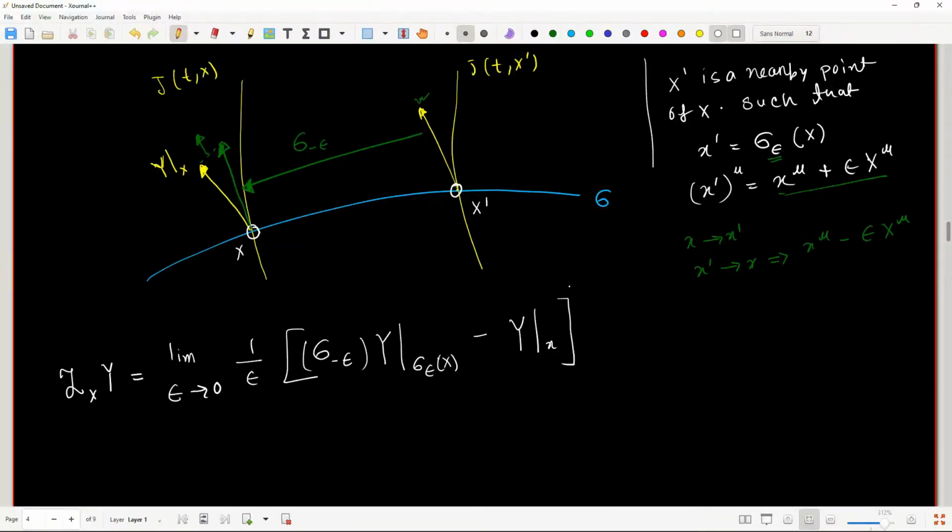Now it's just a matter of computation. Again, recall that y can be written as y^μ ∂x/∂μ in terms of the local coordinates, that is, x^μ ∂/∂μ. And one thing to note is that previously we were talking about these push forwards and pullbacks for two